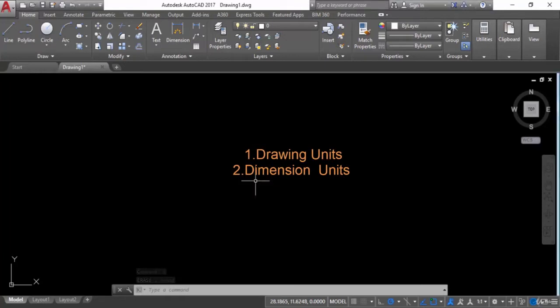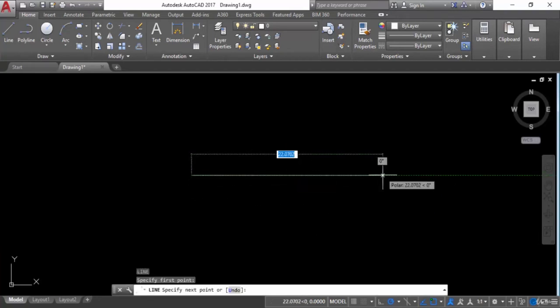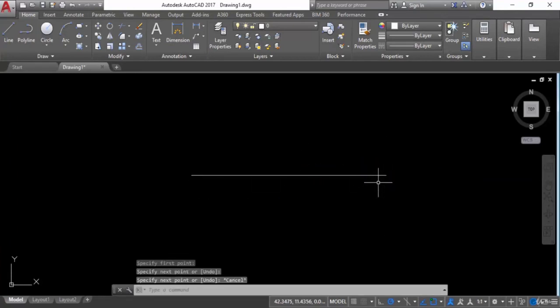Let me give you one example regarding this. For example, I am saying to you, enter a dimension of 10 centimeter here. So all you need to do is put 10 centimeter. You will take a scale and put a 10 centimeter line here. Now again I am saying to you, measure this in millimeter. Now the drawing unit is 10 centimeter and you have to measure this in millimeter. So that is the difference. One is drawing unit and another is measuring unit. So we have to set up both of these units.